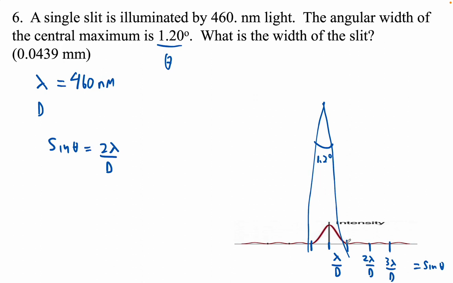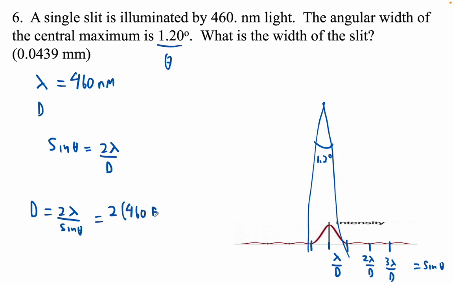Now, if you take a look at this thing, right, let's just double check that. This is lambda over d, lambda over d. So it's 2 of those, okay? It's 2 lambda over d. So now we're set here. So we're solving for d, right? So d is going to be 2 lambda divided by the sine of theta, right? Okay. So that's going to be 2 times